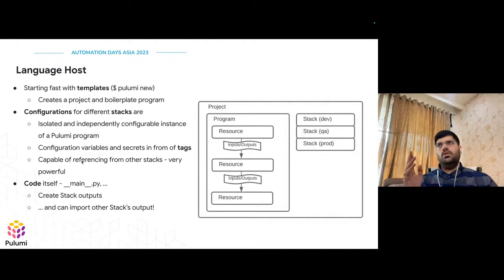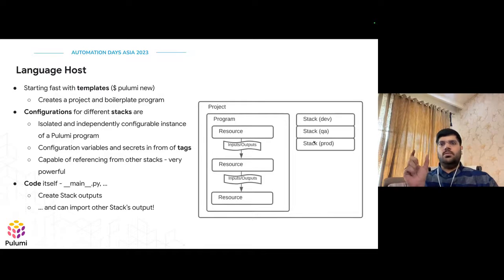intervention. In Pulumi, you can essentially have stack outputs referenced from across the stacks. So if I am getting an output as part of the dev stack, I can essentially have it referenced in QA. I can have it referenced in prod. And likewise, I can have any other stack's value getting referenced from other stacks. So this is where you don't really need to hop codes. You essentially can pick stack outputs from other